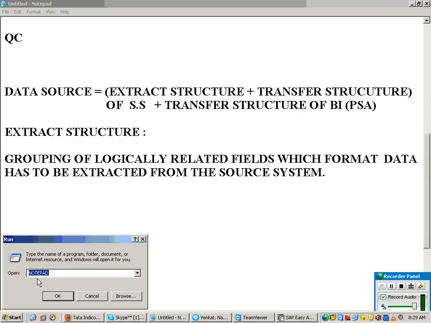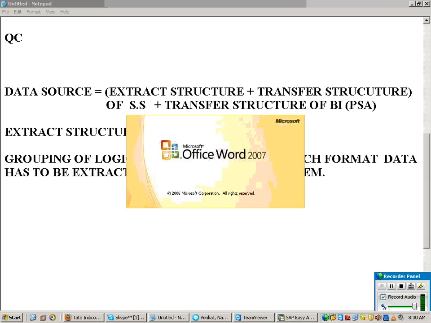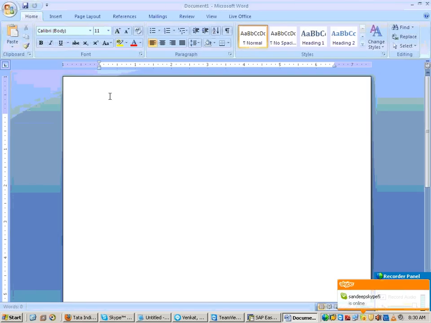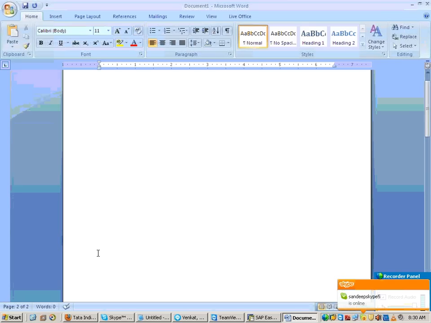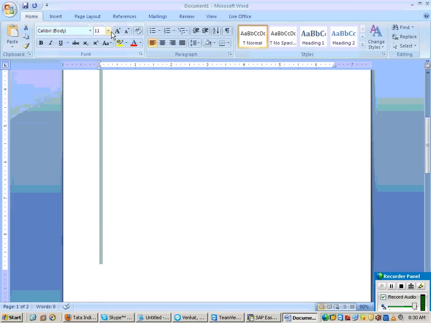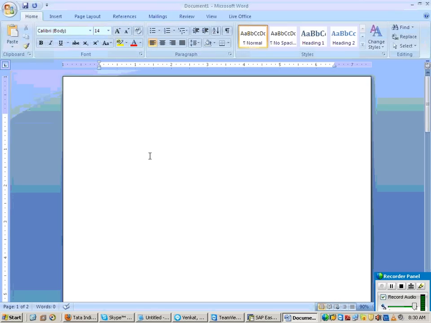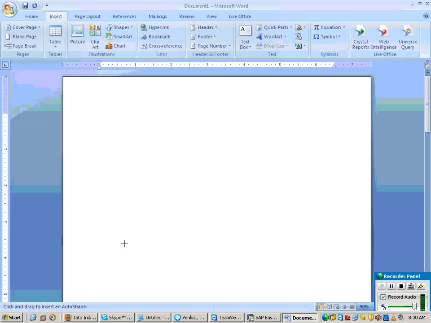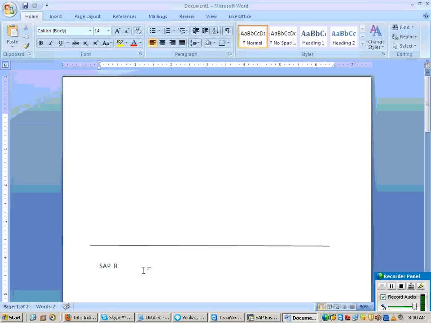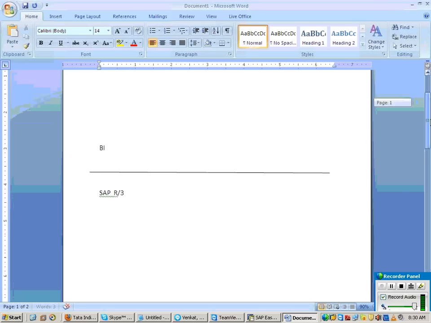Suppose the line below is your R3 system and the line above is your BI system.